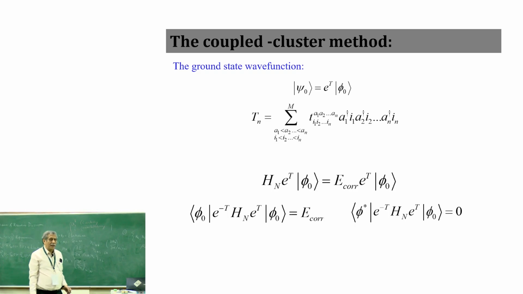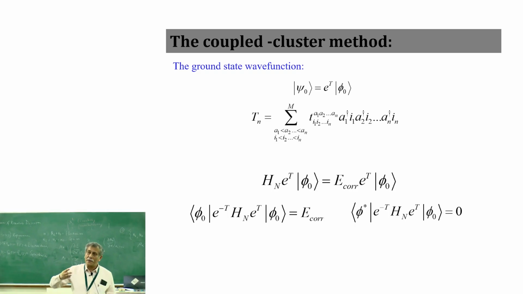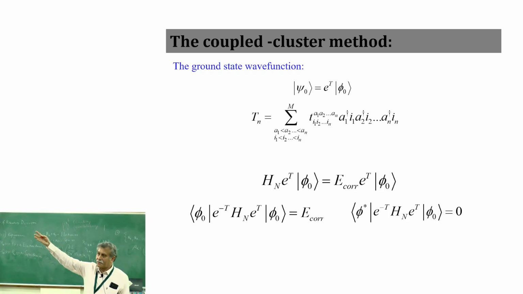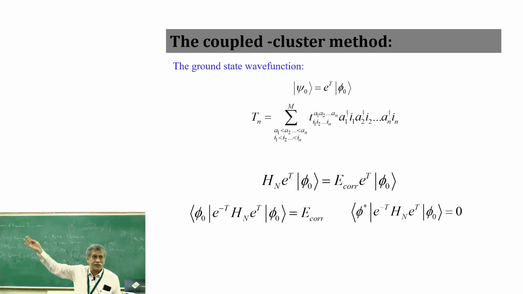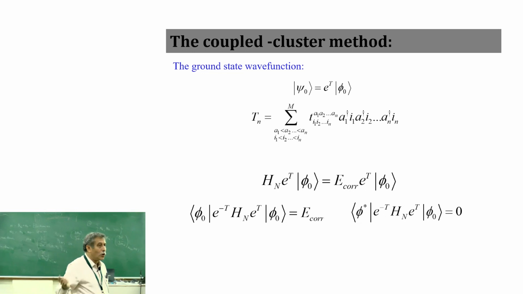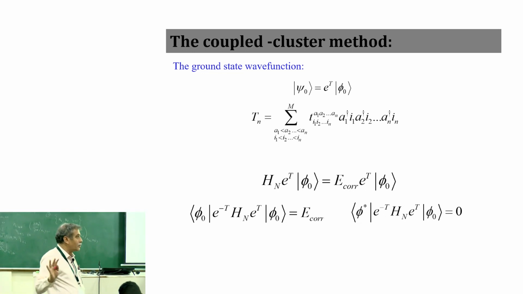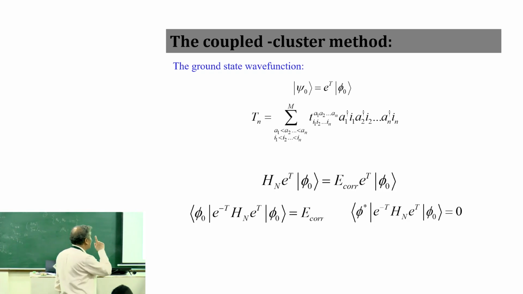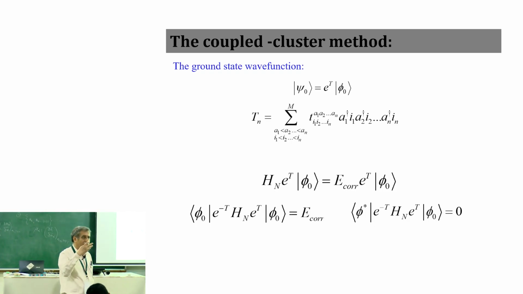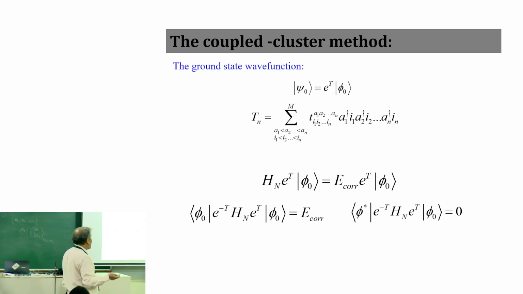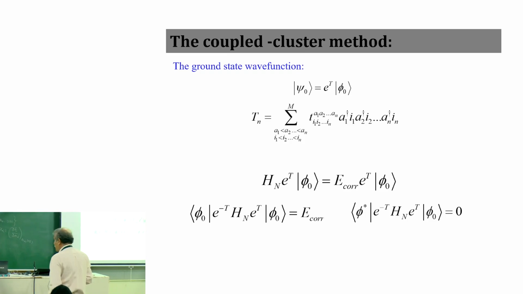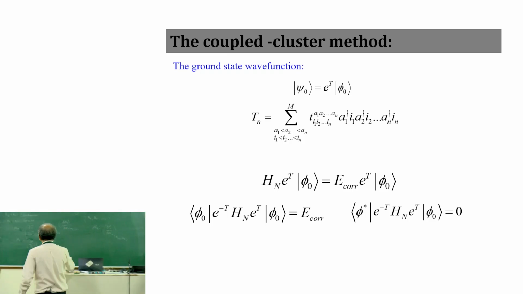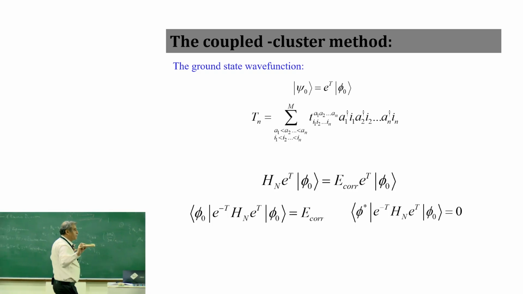So the T operators are excitation operators. Just like CI determinants are also excited determinants. I can write CI also in second quantization. Usually people don't write CI in second quantization, but one can do the entire thing in second quantization. But here the important part is not that I'm writing in second quantization, because that can be done for CI. If I write, instead of exponential T, if I write 1 plus T, it will become exactly the CI wave function.